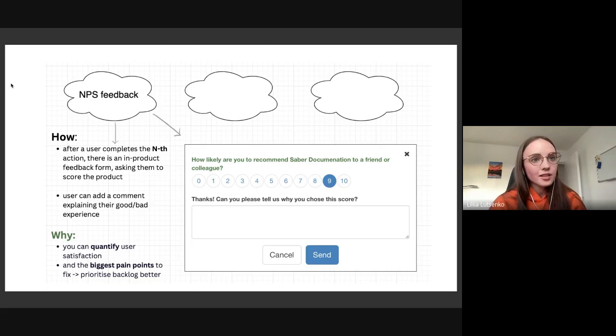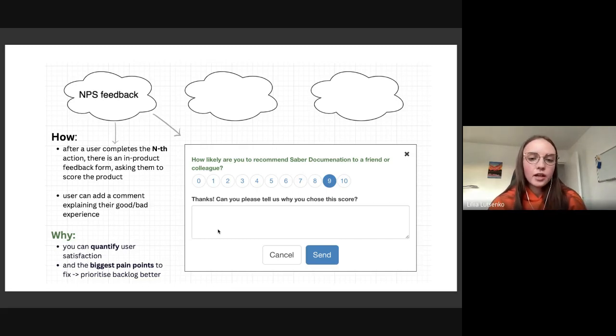And after my first successful purchase, there is a form window showing up in my web browser or on my mobile phone asking how likely I am to recommend Amazon to a friend or colleague. I can score it from 0 to 10. And optionally, I can add feedback explaining my score. This really works. But you need to implement it at a product level.